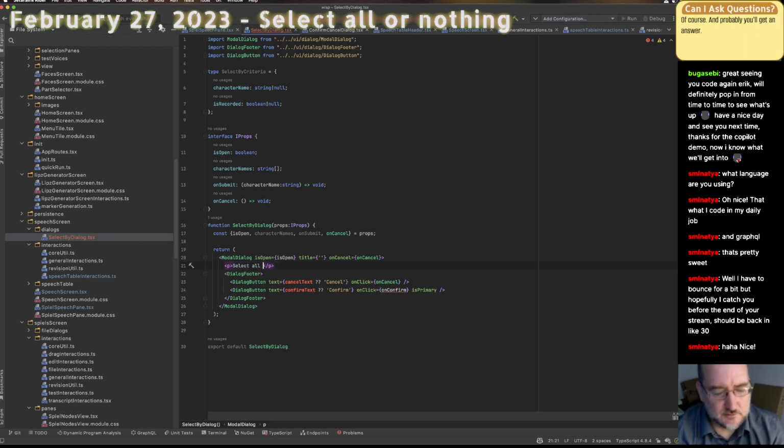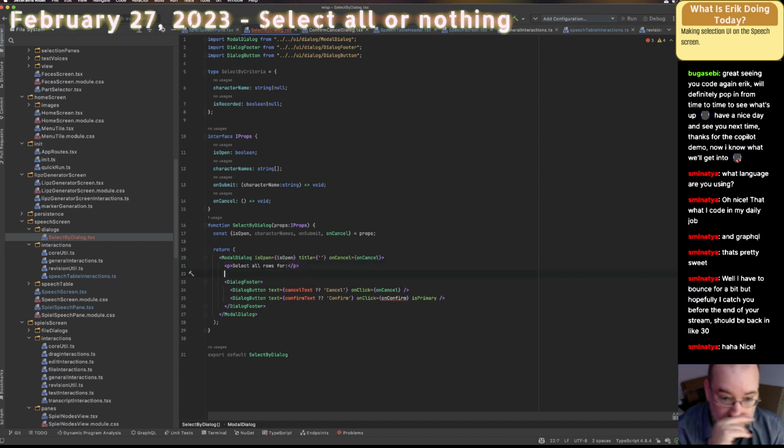Select all rows for select all rows. I don't know. We'll get the exact terminology in a moment. Just for now, let's do